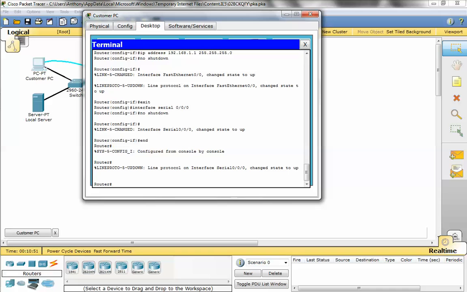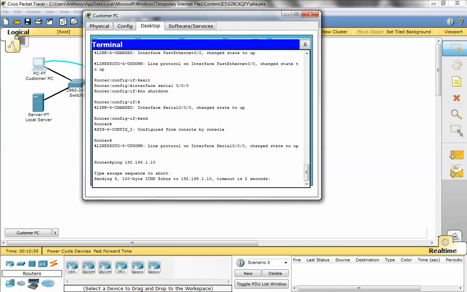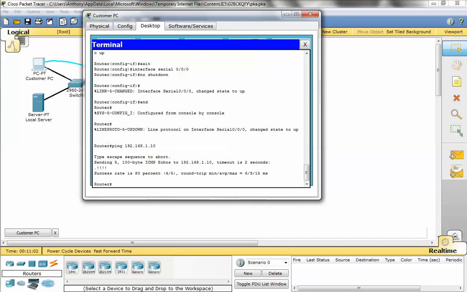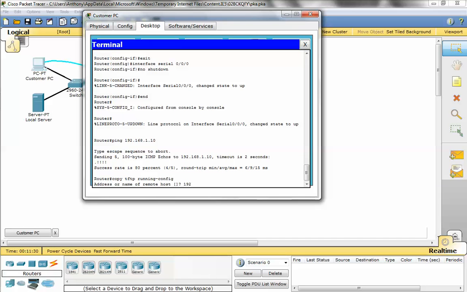Next, I just want to do a quick connectivity test to see if I can ping my server. Okay, it looks like I have connectivity to the server. I want to get that file that I stored on the server and transfer it to my router to back up my router. I'm going to use the command copy tftp running-config command. The address is